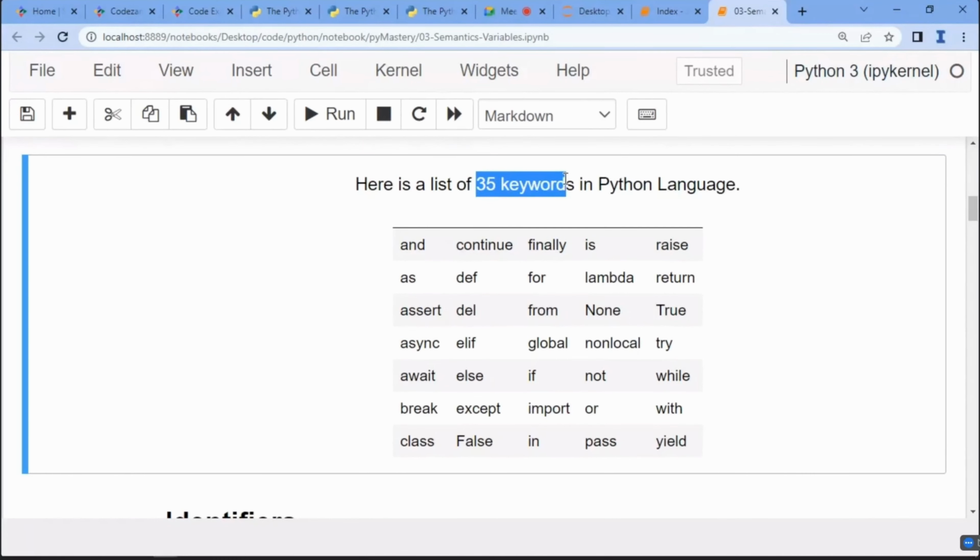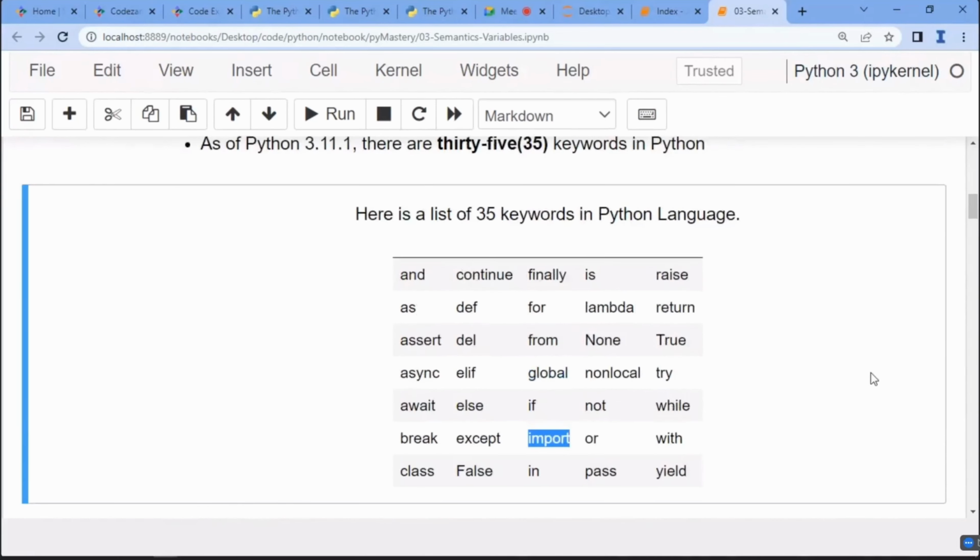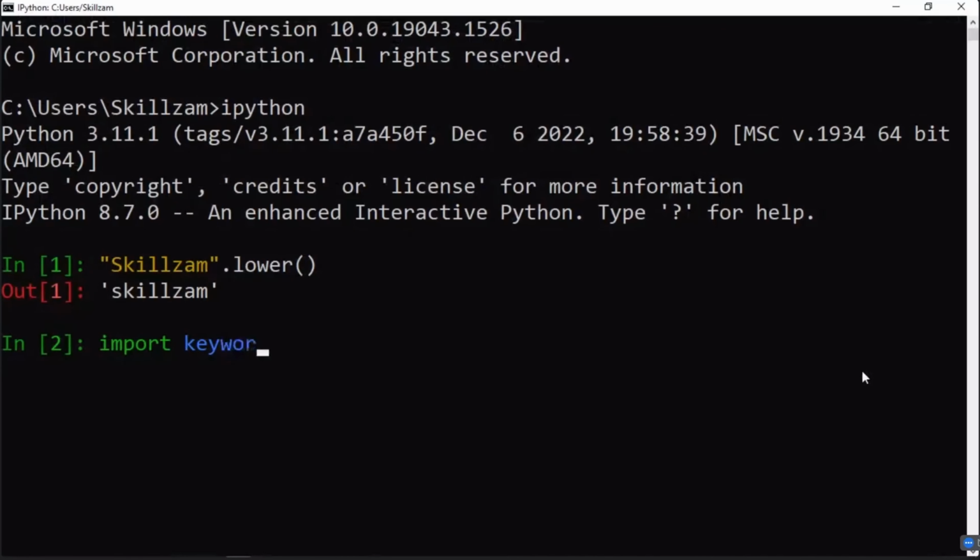All right. Now, how do you find, for a particular version, how many keywords are there? There is a little trick that I can show you. It is too early to run this, but I'm showing you one important thing. For example, import is for importing a module. If you observe here, import is also a keyword. So I write import keyword. This is a module, and once I enter that, I go ahead and call